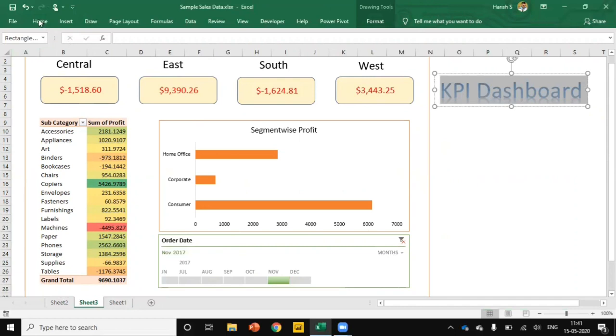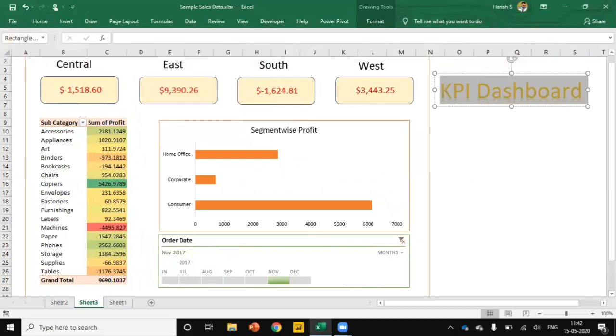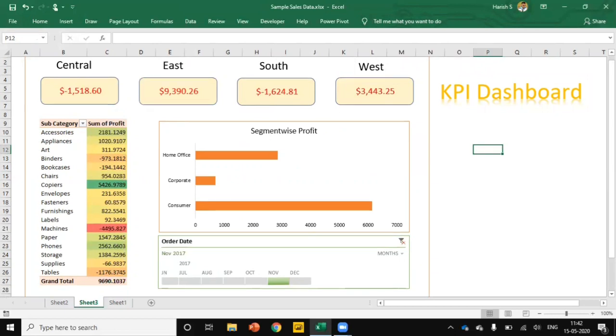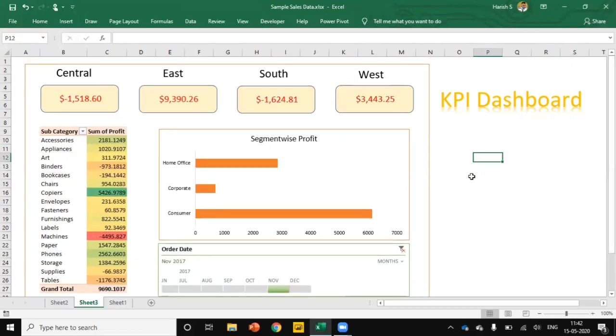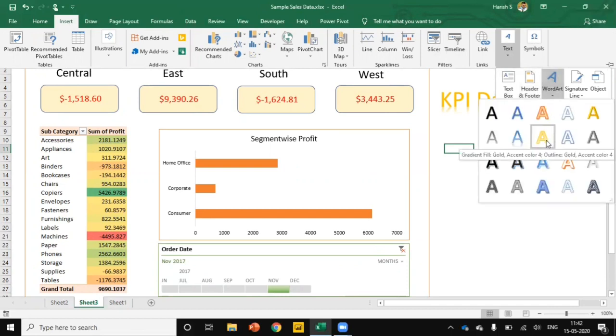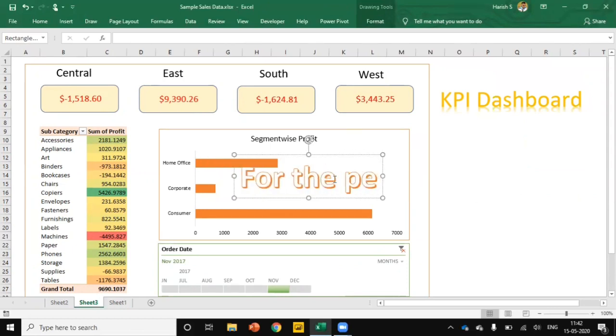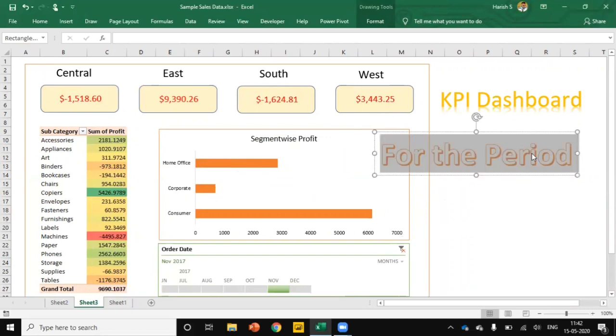I can also change the font color. I'm going to add one more shape. Just type in a word and then drag over here, then reduce the size.